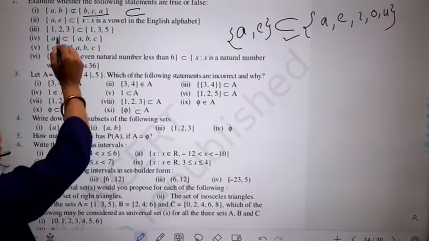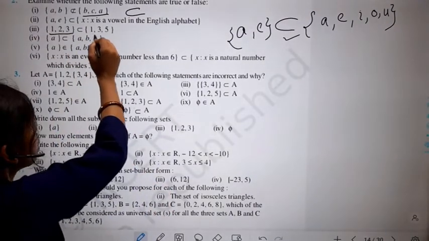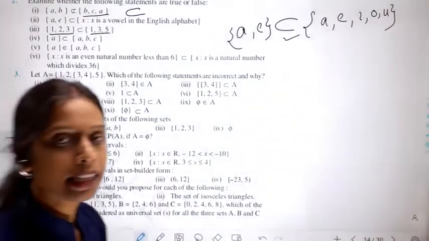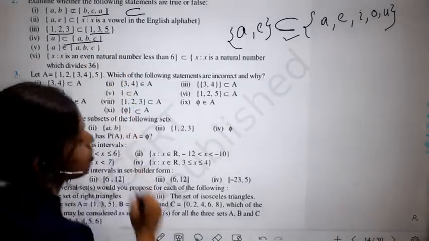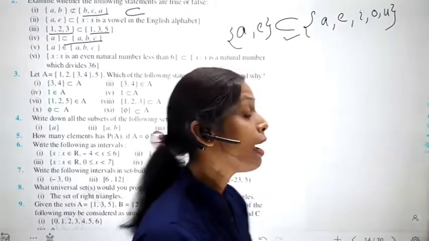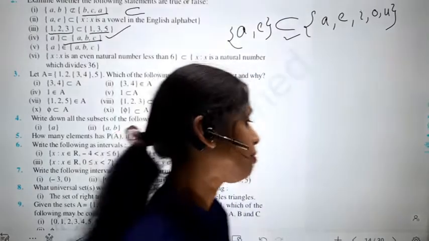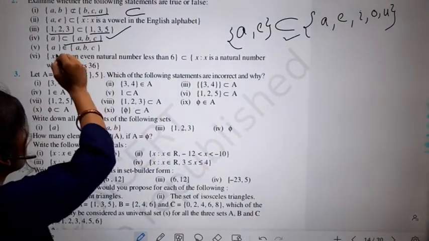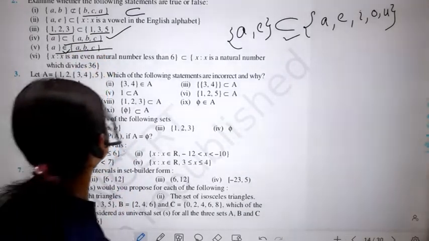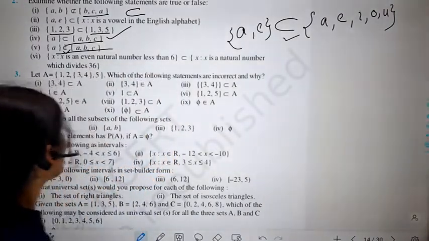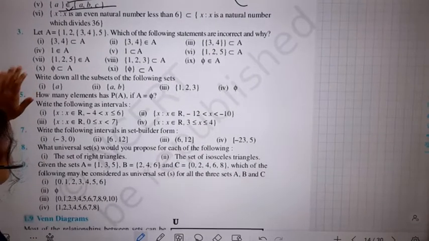Next one is 1, 2, 3. Is it a subset of 1, 3, 5? No, because 1, 2, 3 is not an element of this set. That's why this is not a subset of this. A is a subset of this one? Yes, of course, because A is also an element of this set. That's why this is a subset of this set. A belongs to this. Now it is very clear that you have understood all the topics related to